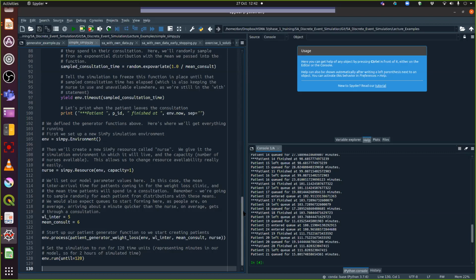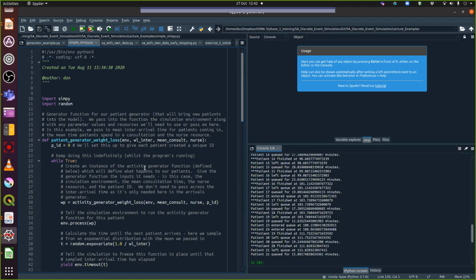Now, in the next session, so session 5B of discrete event simulation, we will go through and you'll get a chance to build one of these things, and we'll build that up gradually. And then in session 5C, we'll show you how you can then do it in an object-oriented way. So using the principles of object orientation, you can build an object-oriented version of a SimPy model, which is actually, although it's a little bit more difficult initially, you'll find it much more elegant,